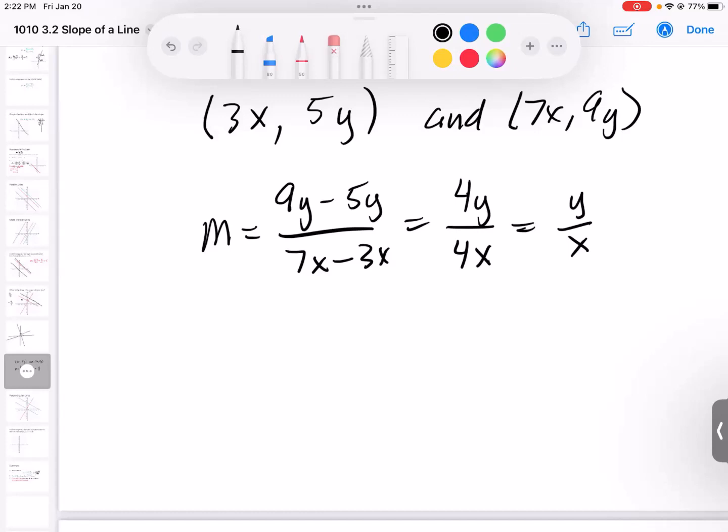So on that one, you have to use the formula because you don't know what y and x are, so you can't graph it. And this is just what you would type into your answer. So I think